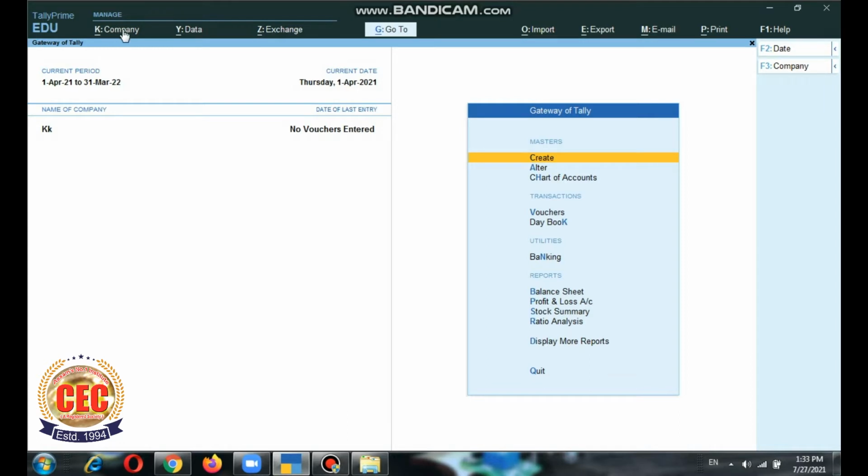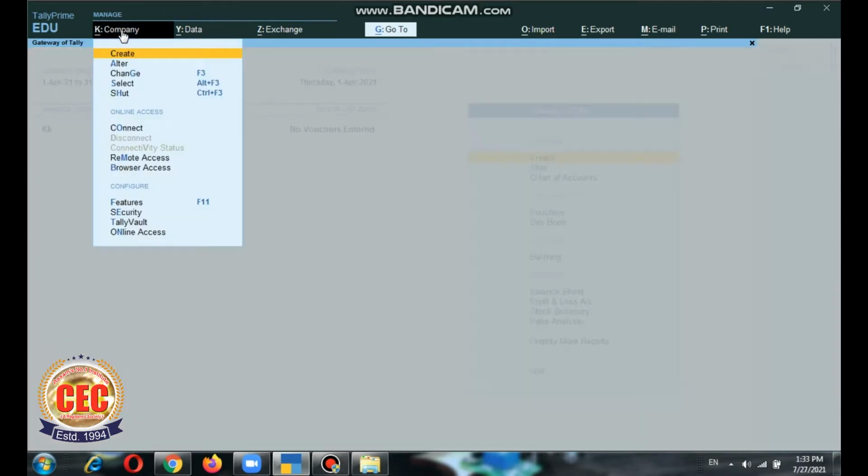First, go to the Company menu, and then select the Features option, or you can press F11 as a shortcut key to open the company features.